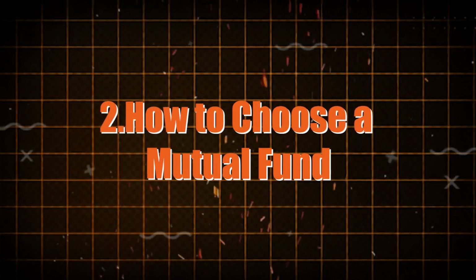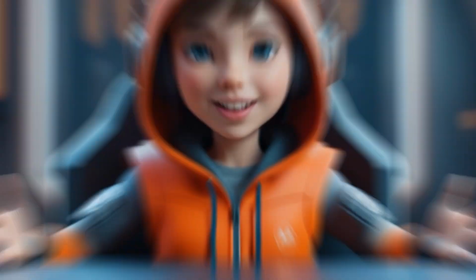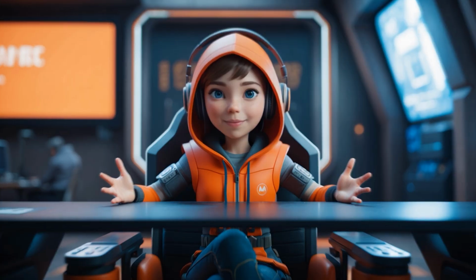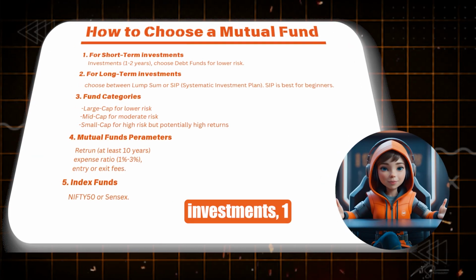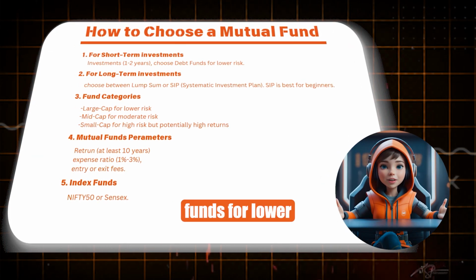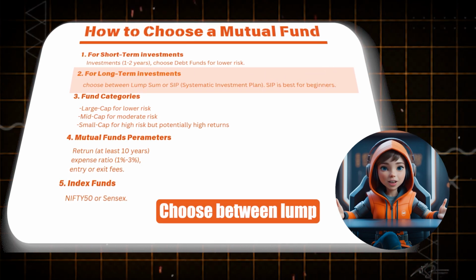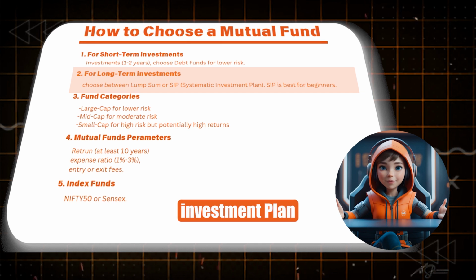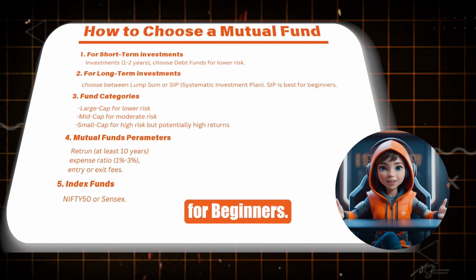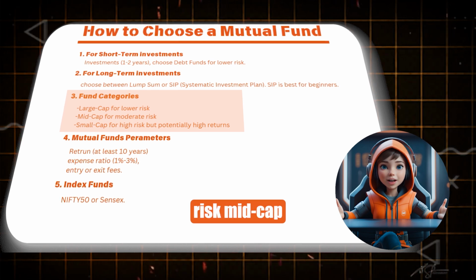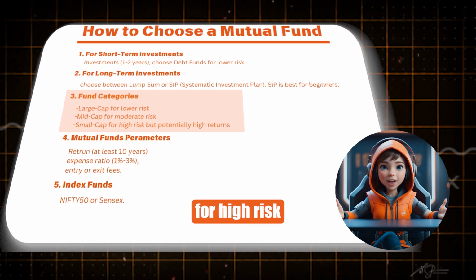How to choose a mutual fund. Here are 5 key points to remember when picking a mutual fund. 1. For short-term investments, 1 to 2 years, choose debt funds for lower risk. 2. For long-term investments, choose between lump sum or SIP, systematic investment plan. SIP is best for beginners. 3. Fund categories, large cap for lower risk, mid cap for moderate risk, small cap for high risk but potentially